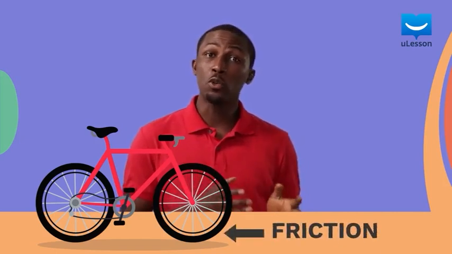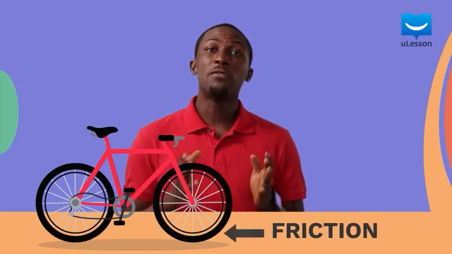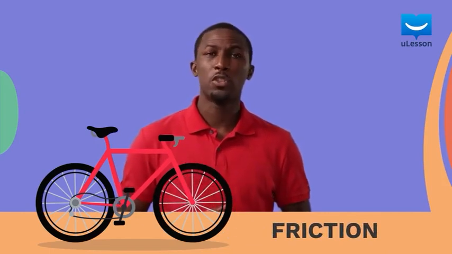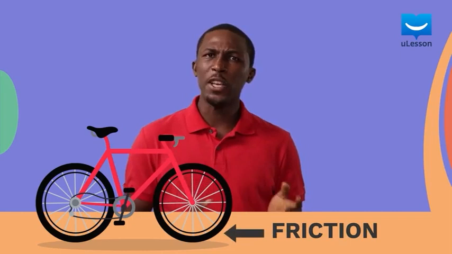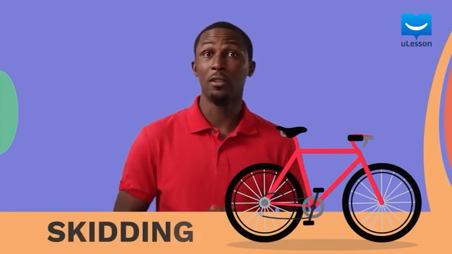Now, friction can be very useful to us, like when you apply the brake on your bicycle. Now, these brakes actually stop the tire from rotating, but then it is actually as a result of the friction between your bicycle tires and the ground that finally brings your bicycle to a stop. So, if there were no friction between your bicycle tires and the ground, then the bicycle will keep on moving. Now, even though the tires of your bicycle have actually been stopped from rotating, this kind of motion where your tires will keep on moving even though they are not rotating is what we call skidding.